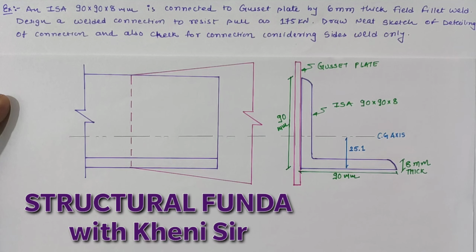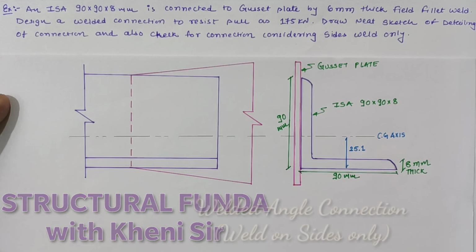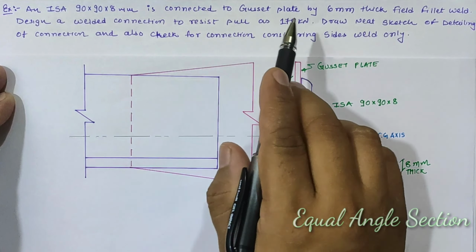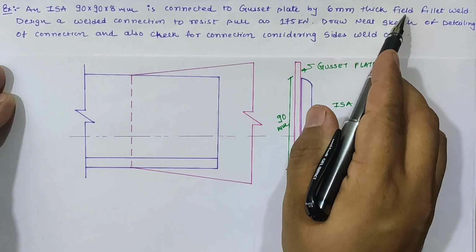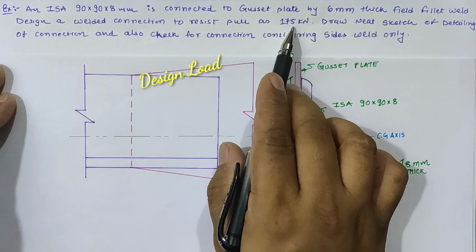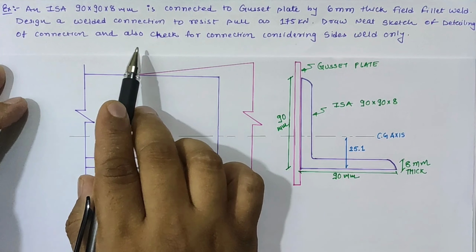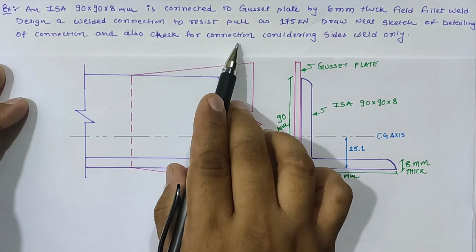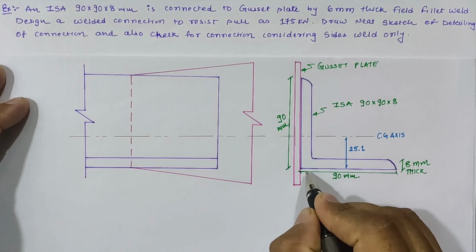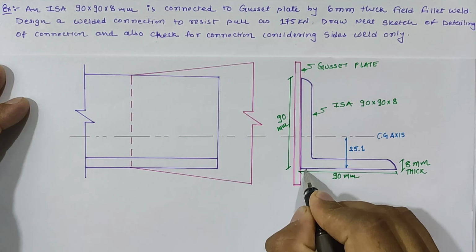Myself Ethan Kenny, and today we are going to learn about a welded connection for an Indian standard angle section of 90 by 90 by 8 mm, which is connected by a 6 mm thick fillet weld. We have to design the welded connection to resist a pull load equal to 175 kilonewton, and we have to check the connection after the weld is provided, and we have to consider side welds only. It means that the welding at the top and bottom part as shown in